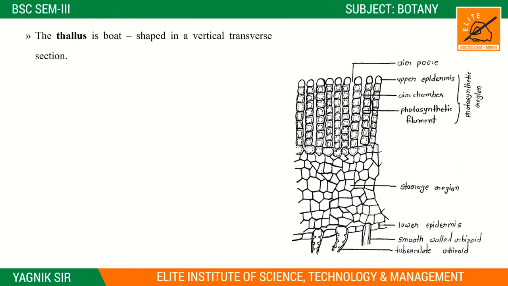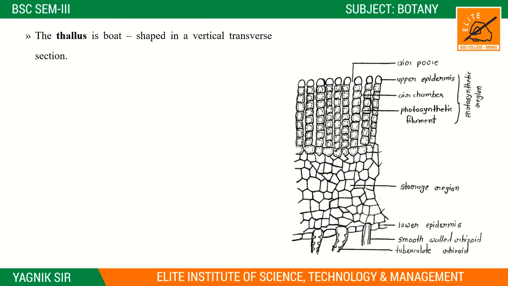So this thallus is seen in vertical transverse section. Here VTS: V means vertical, T means transverse and S means sections. When we take sections, there are different types: vertical transverse sections, only transverse sections, longitudinal sections, right? So this section is a vertical transverse section, and in this section we observe the shape under the microscope,